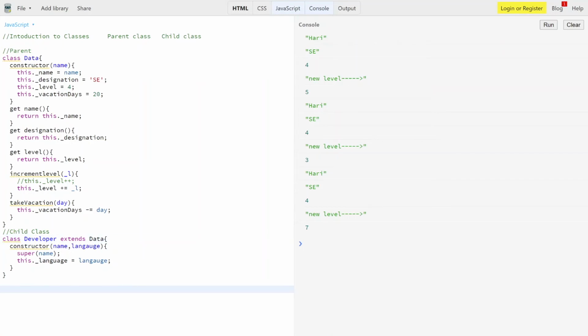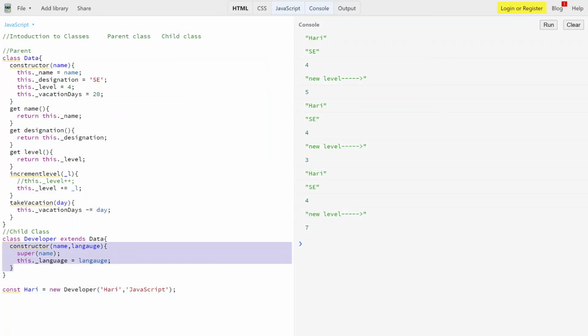Now I want to create this developer. Say I hire a person named Hari as a developer, and how can I use it this way? I'm describing it with the const keyword, and Hari over here is our new Developer. We have name over here, obviously Hari, and then we have language, say I'm putting JavaScript over here. And then we can also use this method.